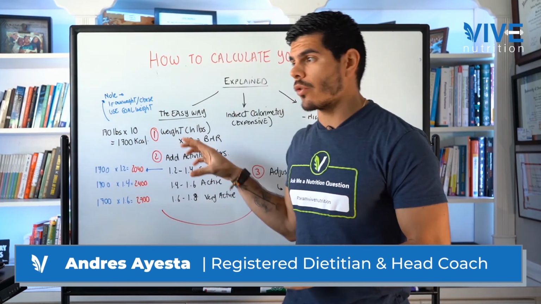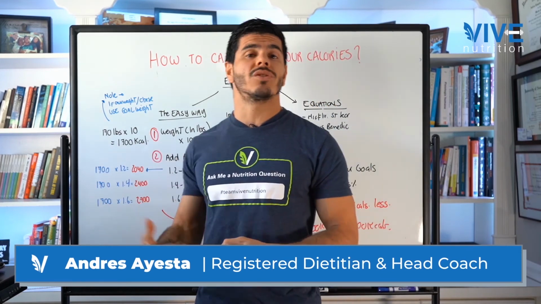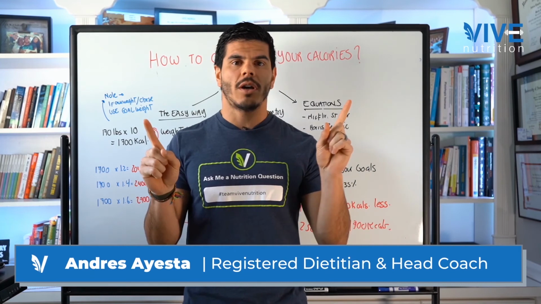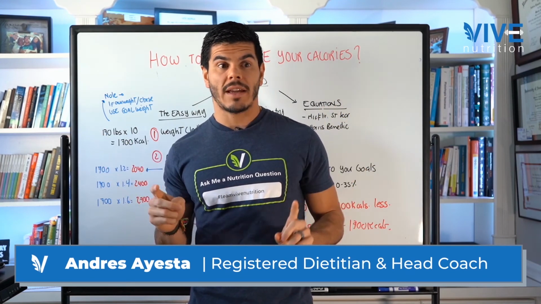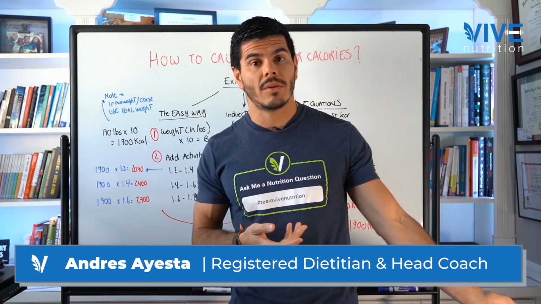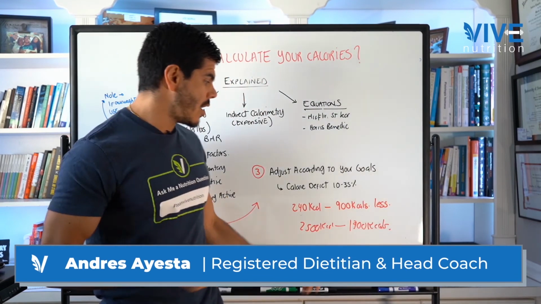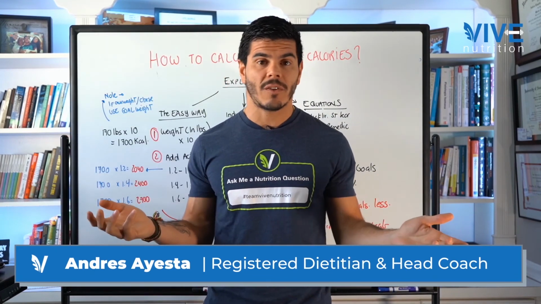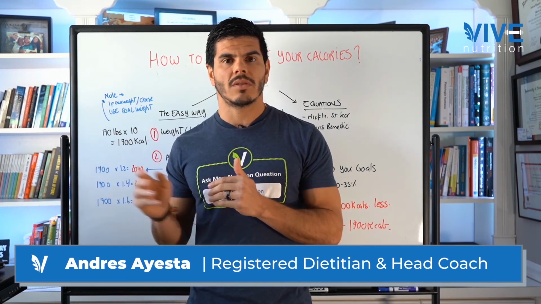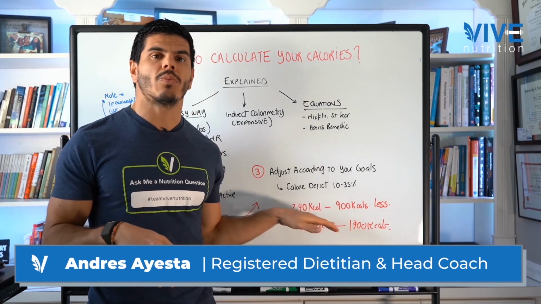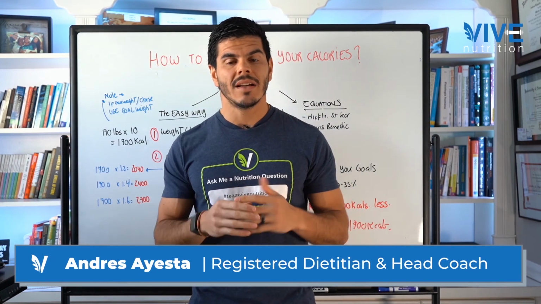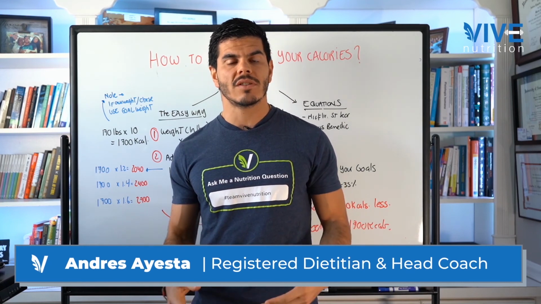Now, when you have your estimations and you understand how many calories your body needs and you have these numbers already calculated, then compare those two numbers. Where are you? Are you a person right now that is extreme dieting and consuming like 1,200 calories daily? Then maybe a number that is super high is not realistic at first, and you need to start adding calories back up very slowly to get to a number that is more realistic for you. Because what happens is when most people start to diet, their calories are so low that eventually